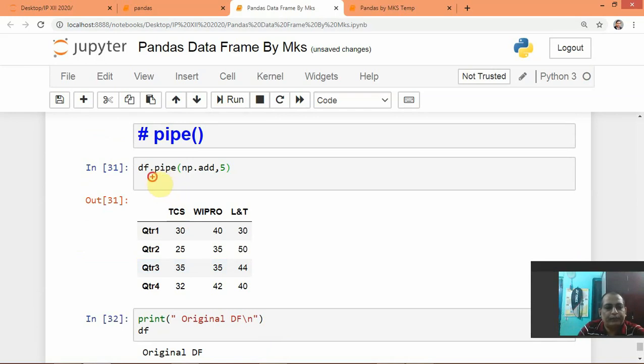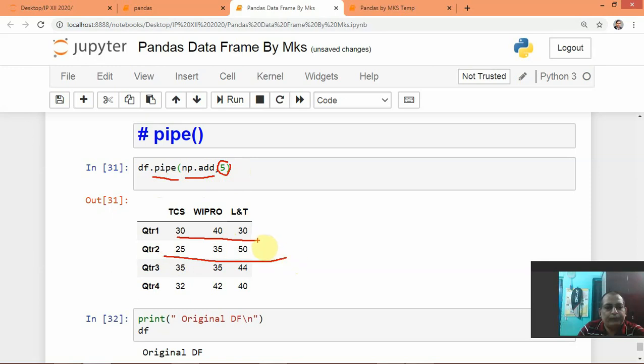So here we have seen the pipe function of the data frame is calling the numpy function add, taking 5 as an argument and applying it to each and every element to increase the value of the elements.